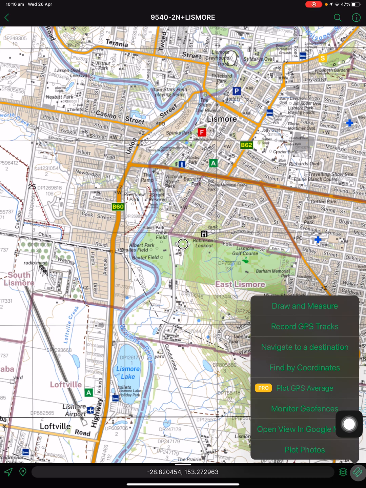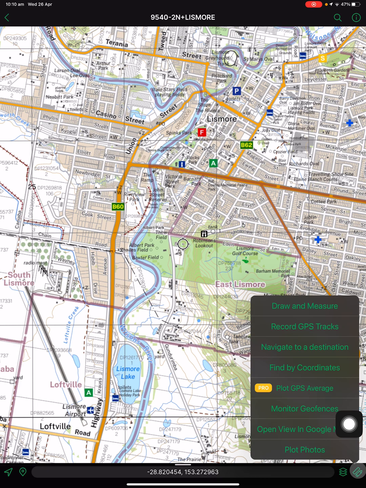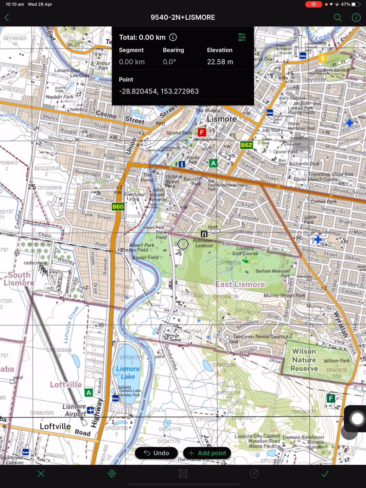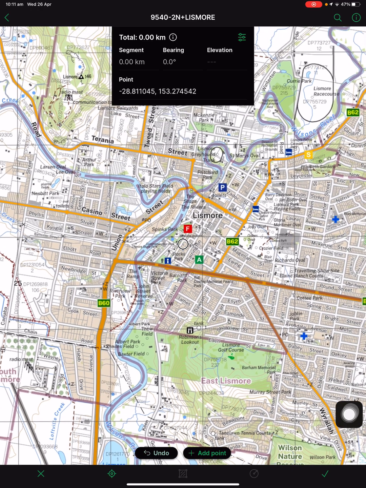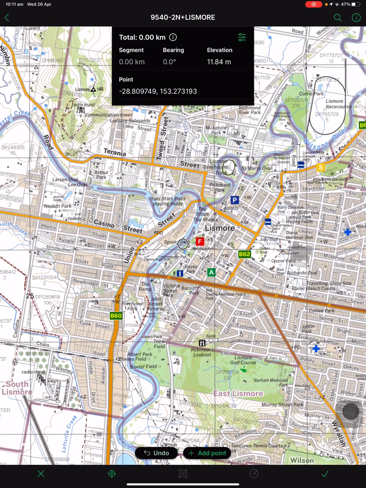It's going to open up options. From here, I'm going to draw and measure. So I want to know distance. So I'm going to use that draw and measure. I'm going to use that little crosshairs in the middle in order to place it where I'm going to start. Let's say I'm starting at Spinks Park, just here. Okay. Up the very top there,